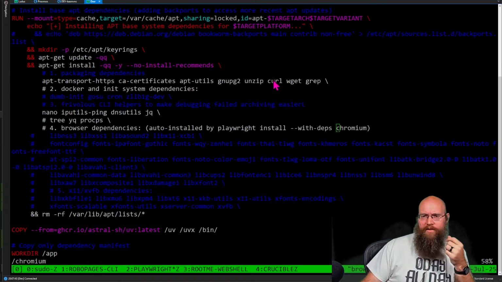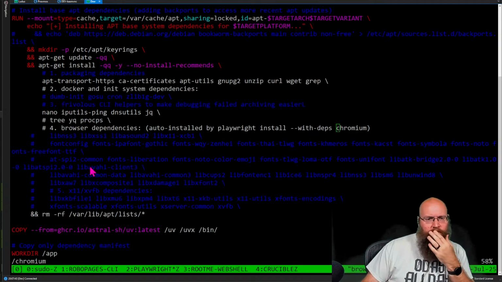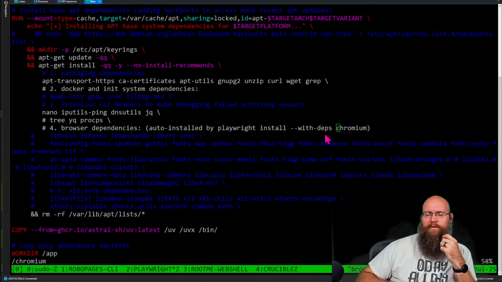So here's our package dependencies. And then we install Nano. Oh, okay, so browser dependencies should be auto-installed by Playwright install.